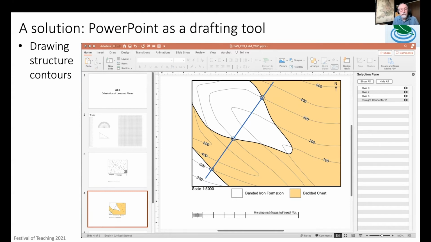So we discovered that we could actually move our paper exercises into PowerPoint, and the students could complete them in PowerPoint by drawing structure contours as shown here on PowerPoint diagrams. And you have to take certain steps to make this work well. I actually prepared a small tutorial for my colleagues, I'm happy to share it, on how to make a paper exercise work well in PowerPoint. You need to lock some things down so the students can't accidentally move them, for example.